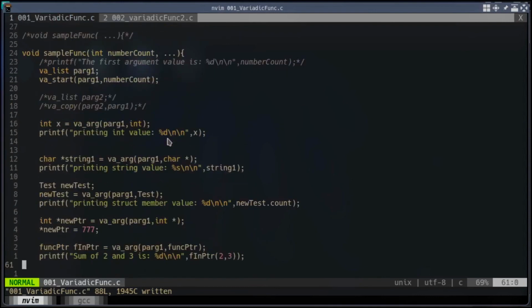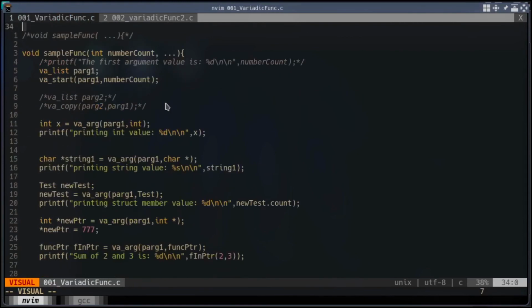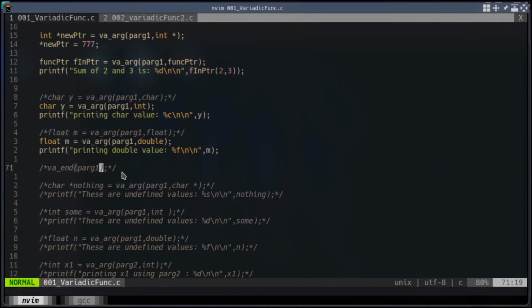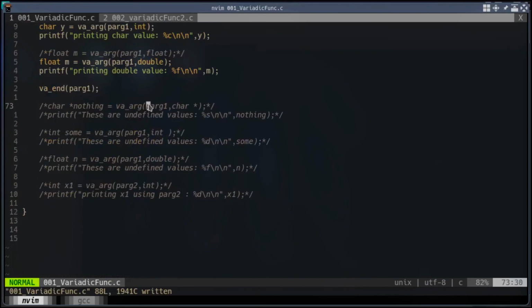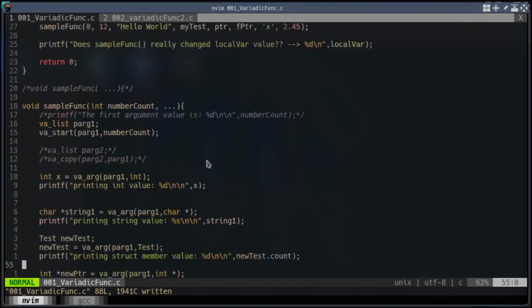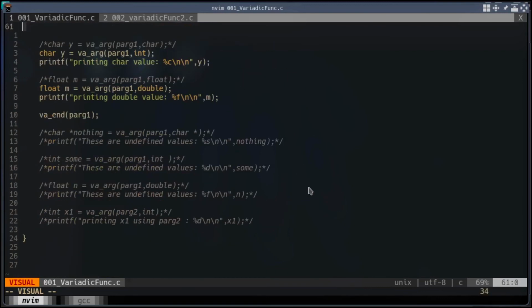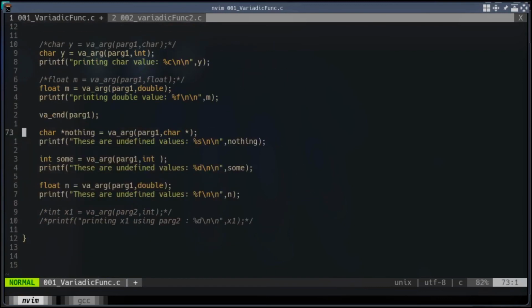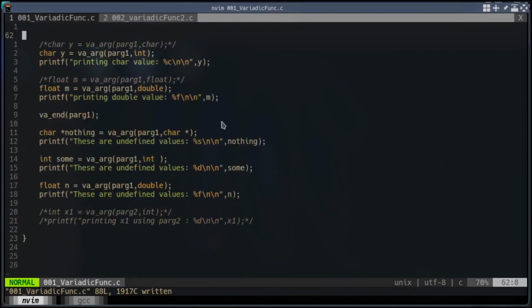Once you have used or retrieved all the variables from this variadic function, you can end by calling the va_end function and passing the object we created earlier, the object of type va_list. Once you did that, you are not supposed to access any other member element. We know that we have only passed up to this optional argument. If we try to use this same object to access more arguments which are not actually passed, it may or may not cause an error but will cause undefined behavior. This is an undefined behavior case in the C language.